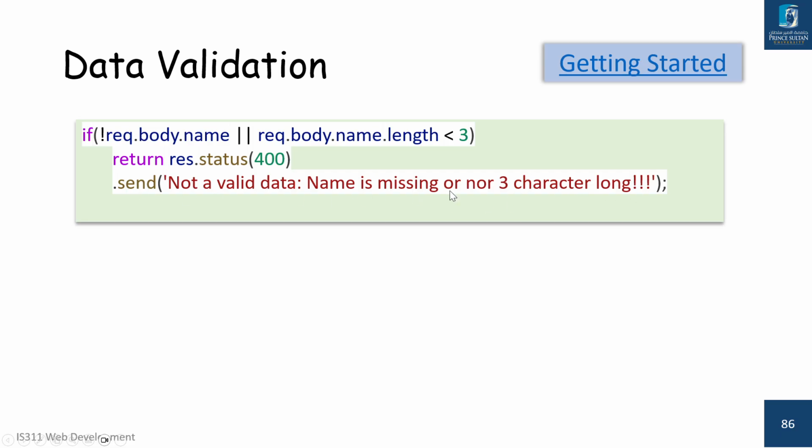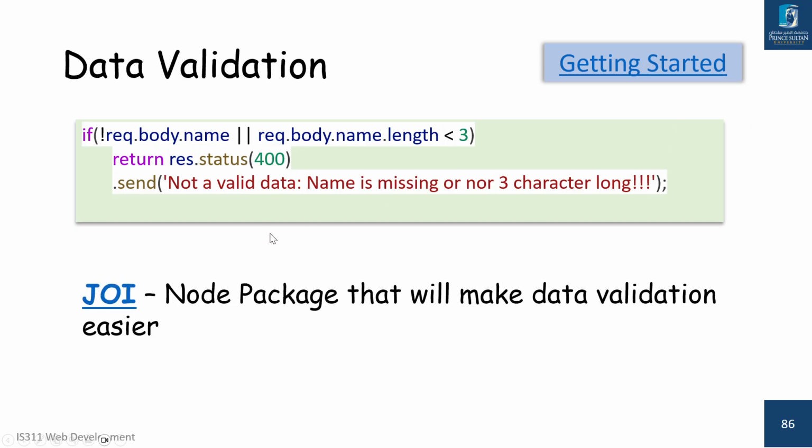We are sending that your data is not valid, and the name is missing or not 3 characters long. So we apply certain validations. Rather than writing these if conditions and then specifying the error messages which are going to be sent to the client,